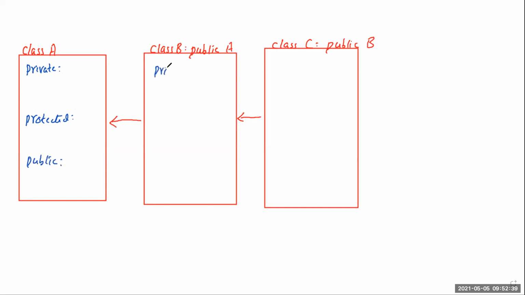Similarly, private, protected, and public. And same thing here, private, protected, and public. And here I make a function, maybe void f,